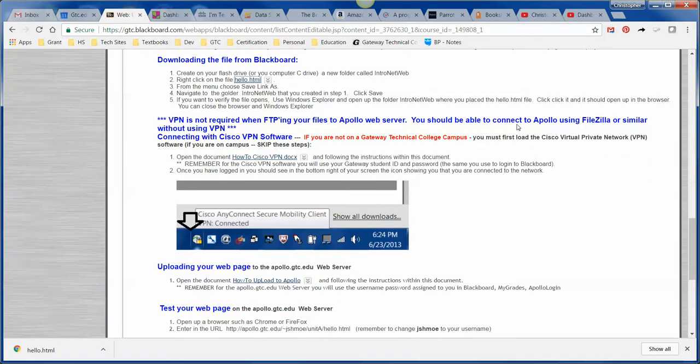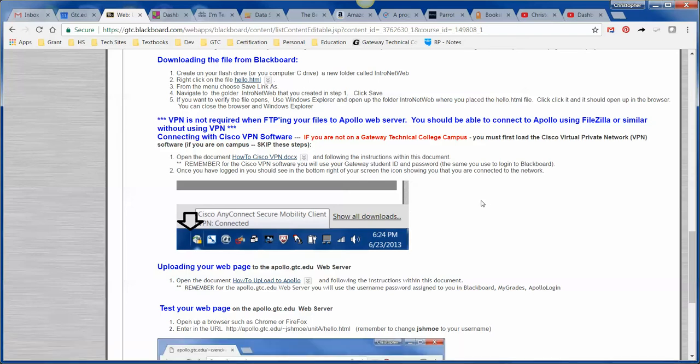Okay. Now there's a lot of verbiage here about what to do. Normally, to FTP files to Apollo, you do not need to use VPN. It's not required. Let me close this also. Cisco VPN software is for use primarily when you access some of our web servers here at Gateway. It creates what's called a virtual private network. It's a secure tunnel, so everything you send to and from Gateway is encrypted. That is not necessary when you're